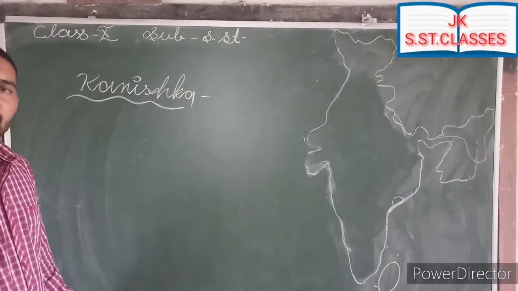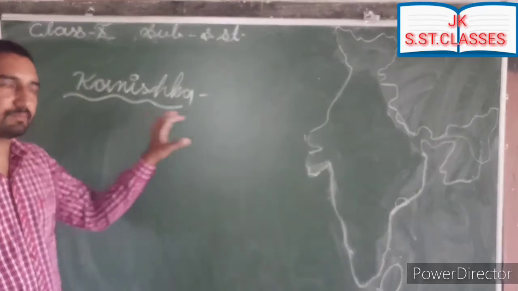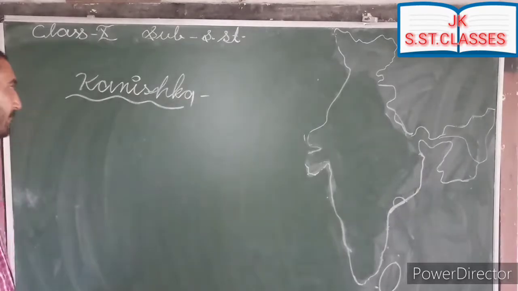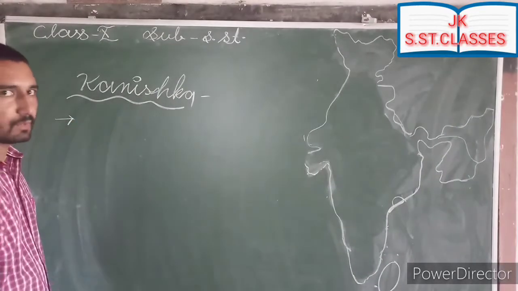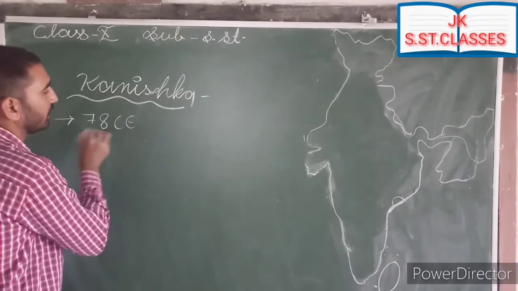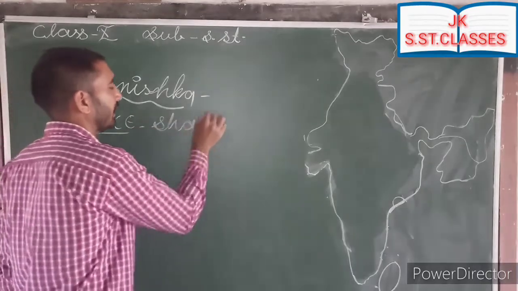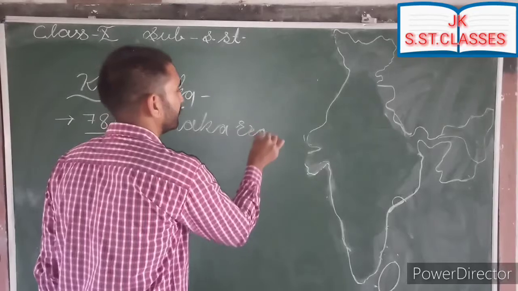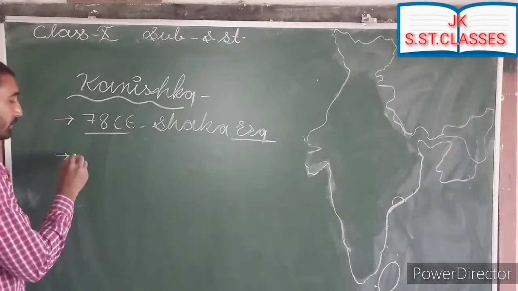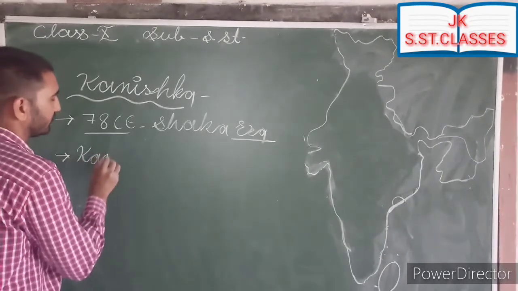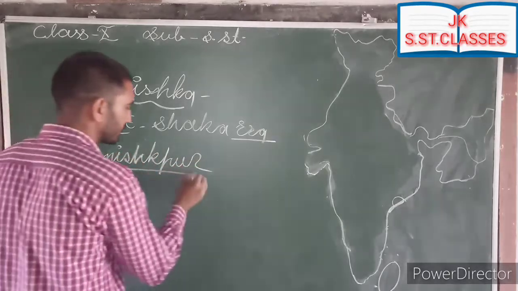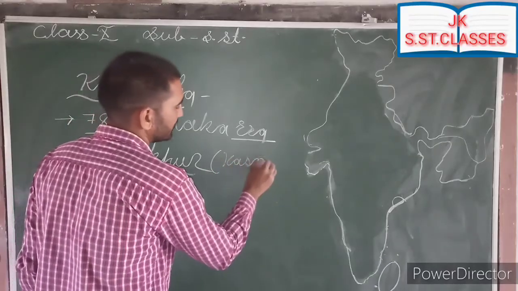So the major things related with Kanishka I will write here in the form of points. You can note all these points and keep it for future reference. Okay, so first of all, Kanishka started a new era in 78 Common Era, which is known as Shaka era. Okay, Kanishka conquered the region of Kashmir and populated a new town, Kanishkapur there. Okay, new town Kanishkapur in Kashmir was populated by